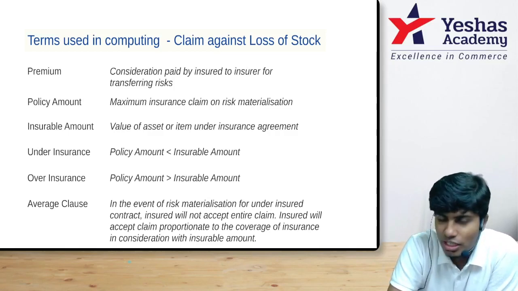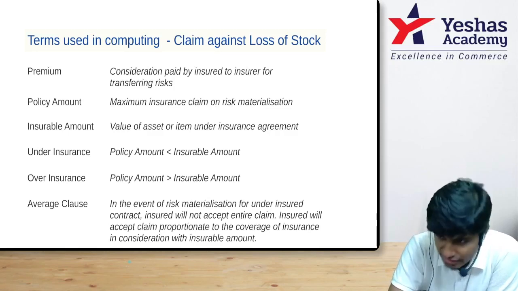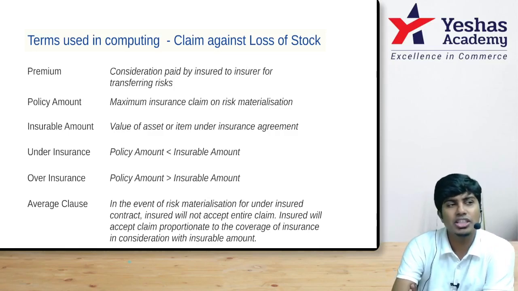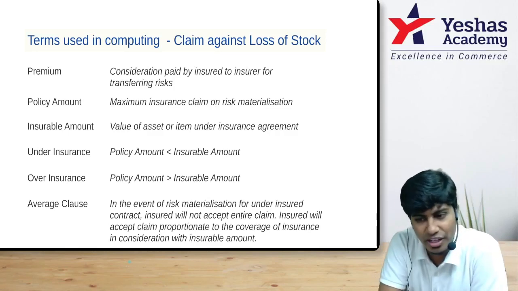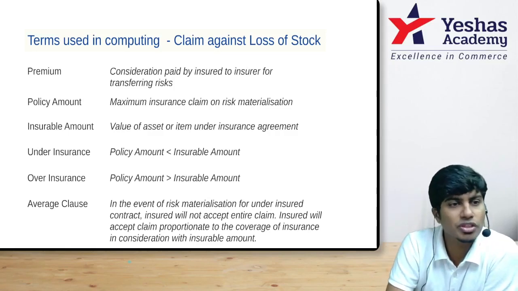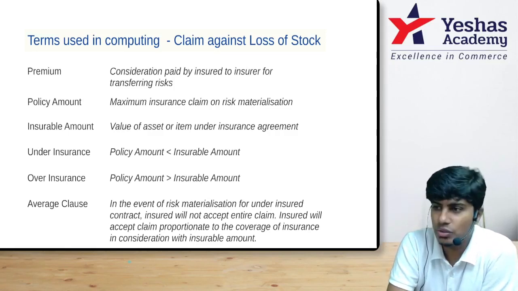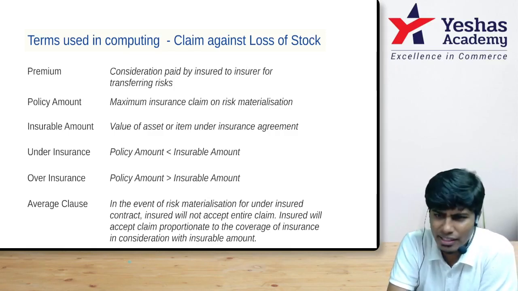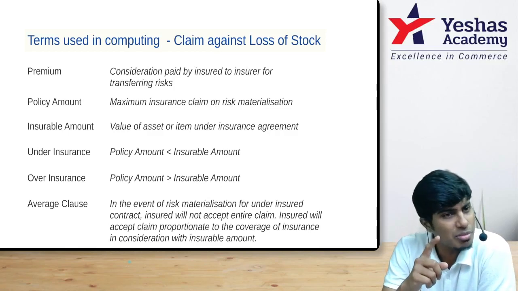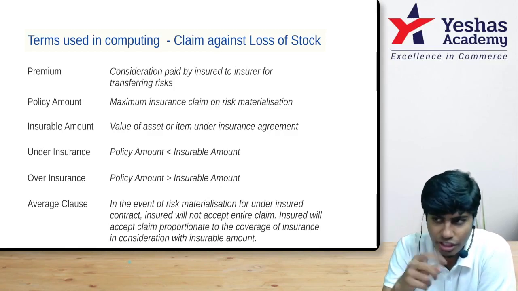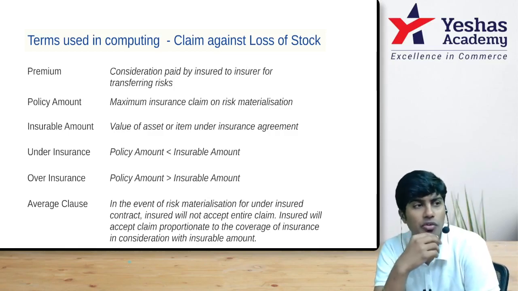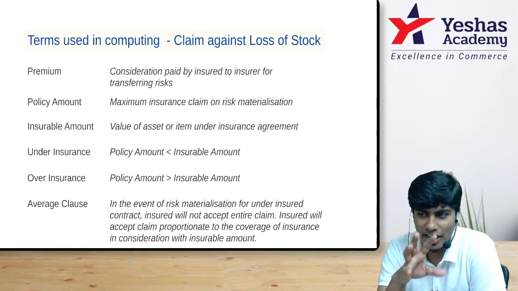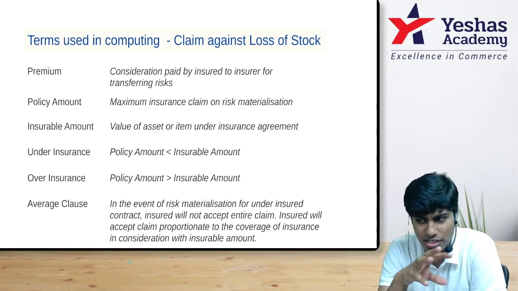Everyone understood this? Now listen to me carefully. When I've done this, let's say the stock lost by fire is 90,000. How much of the stock is lost by fire? 90,000. So think and tell me, how much is the insurance claim? 90,000? Why? We've taken insurance for 1 lakh, so I'll get a claim of 90,000. But in your godown, how much stock was there? 1,20,000. 90,000 is destroyed. 30,000 is saved.